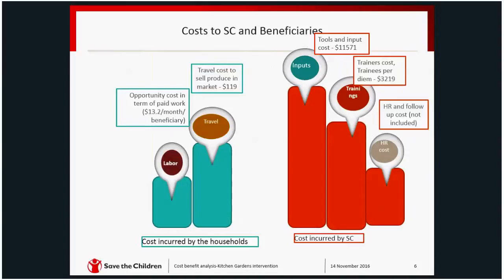Now in the next slide, we will tell you about the cost that we have calculated for this project and the benefits. I will start with the cost, and Shahid will explain the other benefits. If you look at this slide, there are two types of cost that we can possibly calculate from this project. One was the cost incurred by the households,